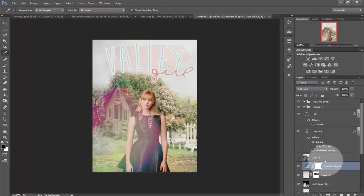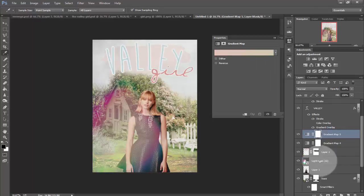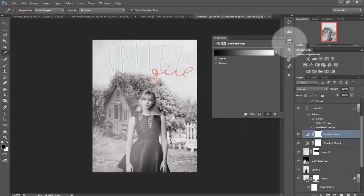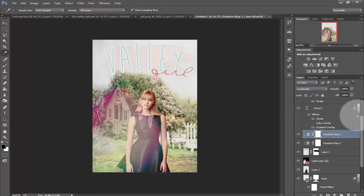and like so. I'm gonna delete this merge visible first, and then I'm gonna go to gradient map again. I chose black and white. I've learned this from a YouTuber. I forgot who it is, but I've learned it a long time ago. And then I put it into luminosity. Okay, so I've chosen another gradient again,